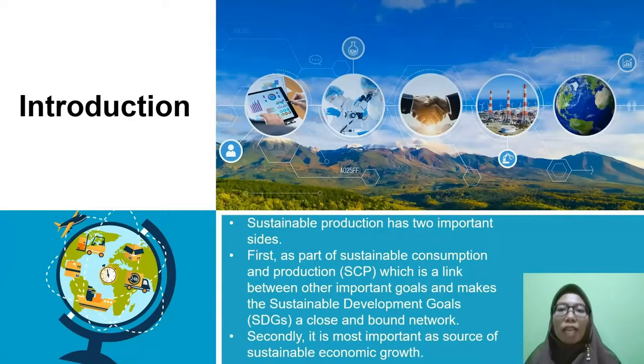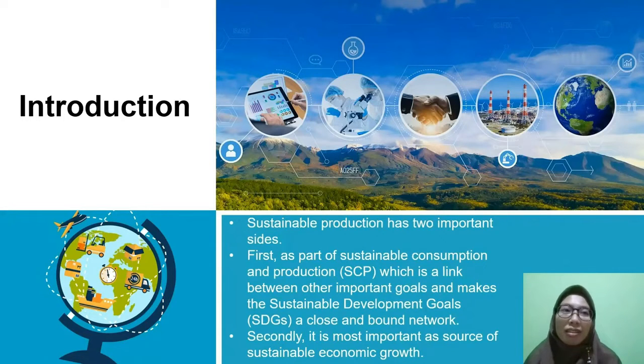Sustainable production has two important sides. First, as part of sustainable consumption and production, which is a link between other important goals and makes the Sustainable Development Goals a closed and bound network. Secondly, it is most important as source of sustainable economic growth. All changes in the business and institutional environment will create a selective environment that supports the development of sustainable production